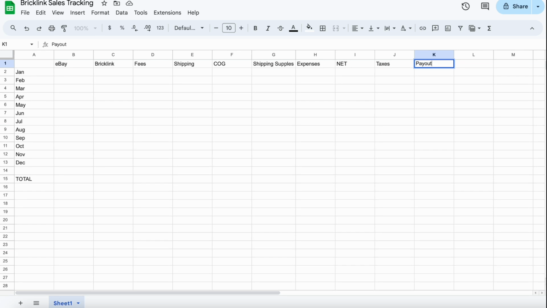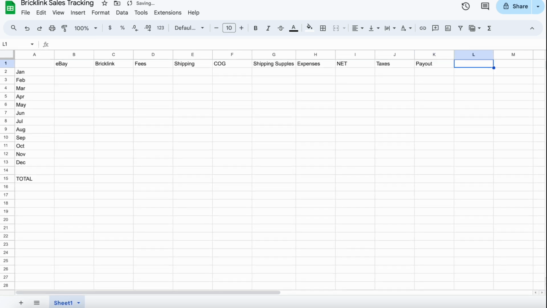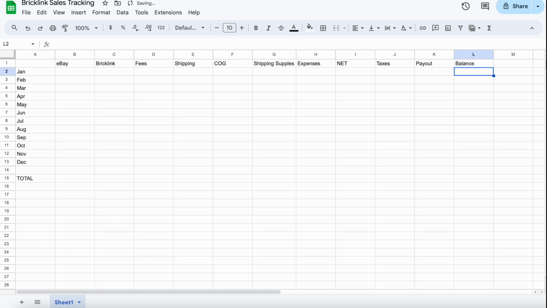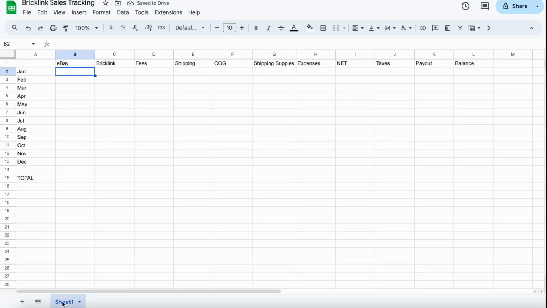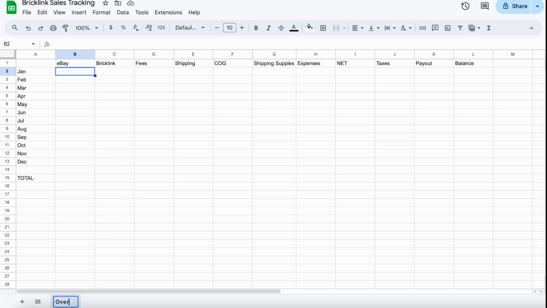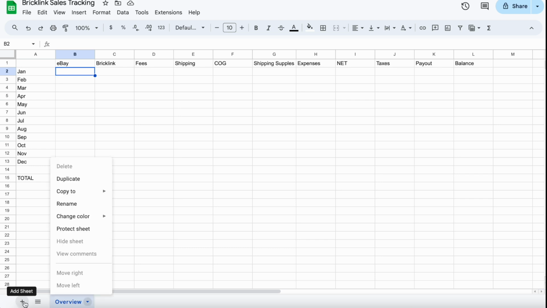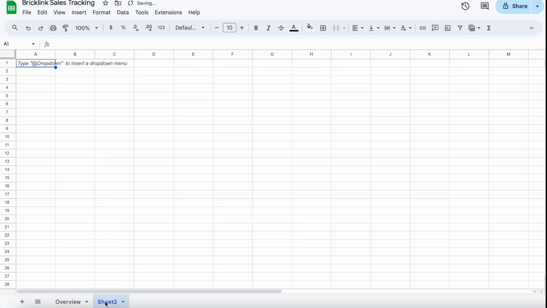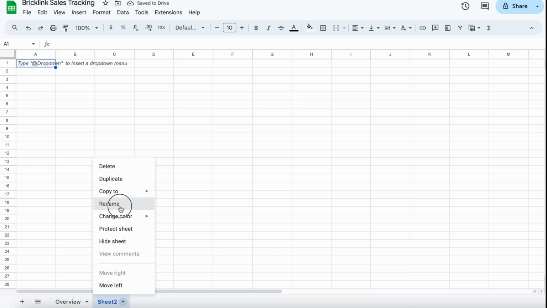Okay. I keep track of my personal payout and then a balance of leftover money at the end of every month. Okay, so down here, we're going to right click on sheet 1, say rename, and we're going to call it overview. Right, we're just going to go over to this plus sign. Okay, and we're going to right click on sheet 2, rename,